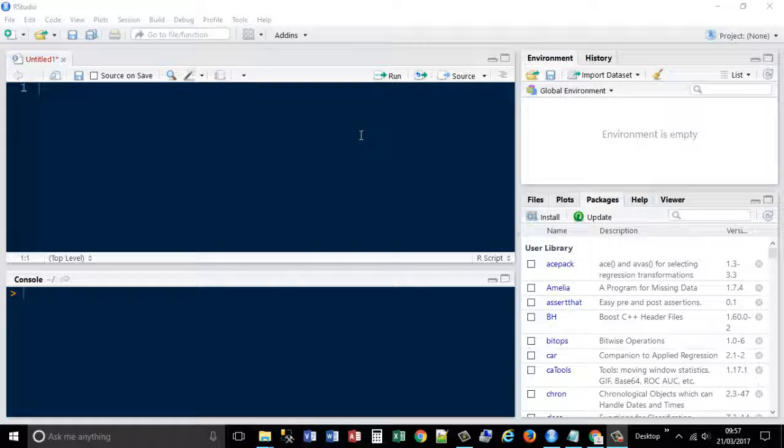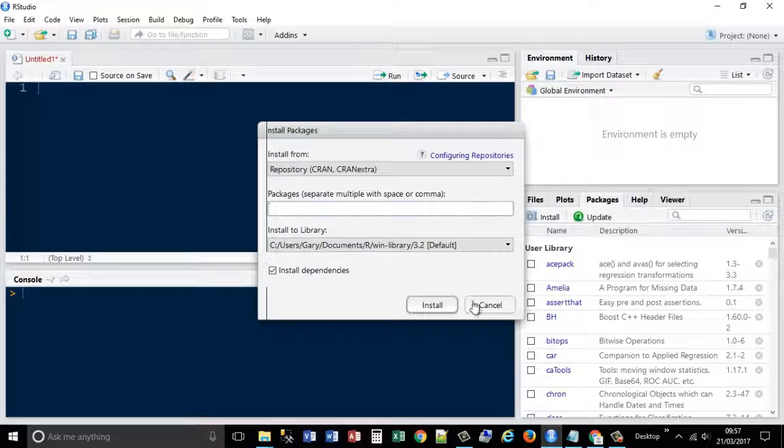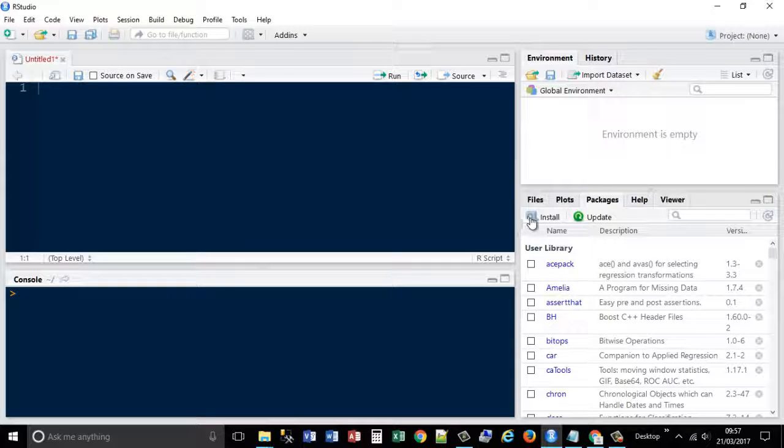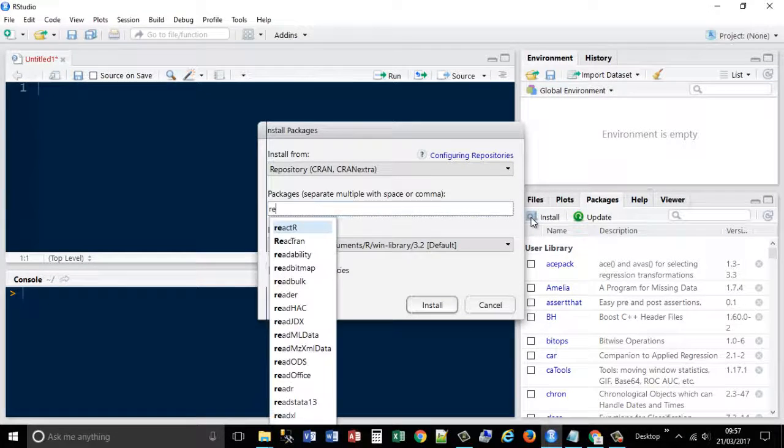Hi guys, previously we learned how to import data via SQL and via CSV. Today we're going to look at how we import data from Excel. So what we need to do is go to our packages window, click install and look for a package called